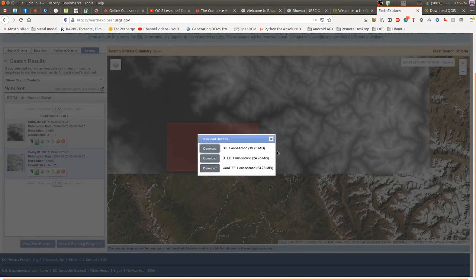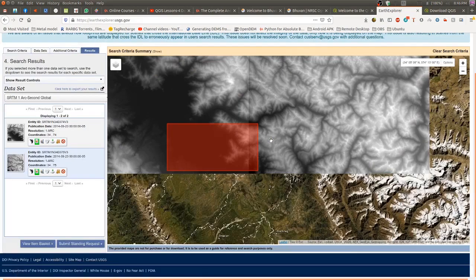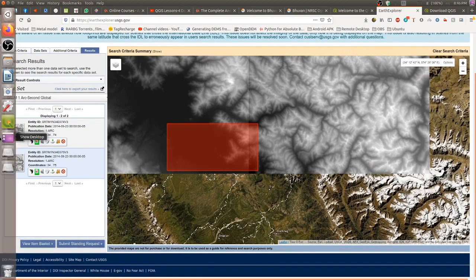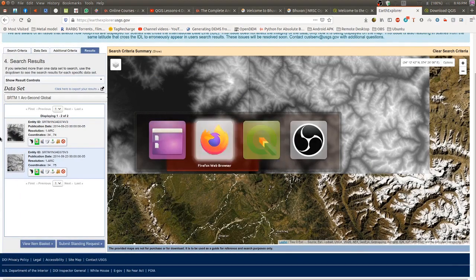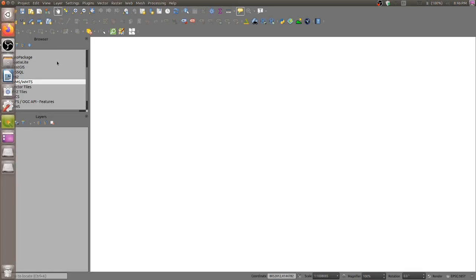Since I have downloaded this, I'm not going to download this now. So I will close this, and I'll come to ArcGIS, QGIS. Here we have to load those layers which we have downloaded.